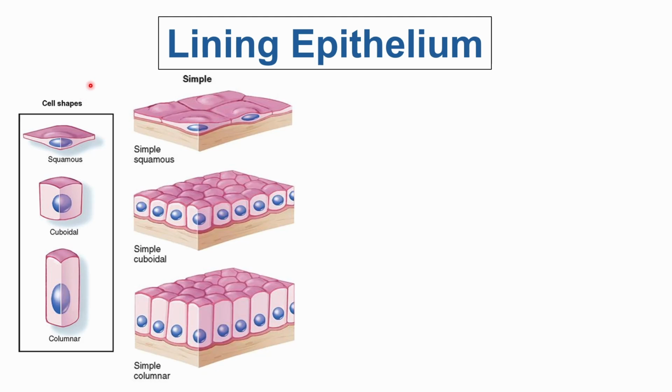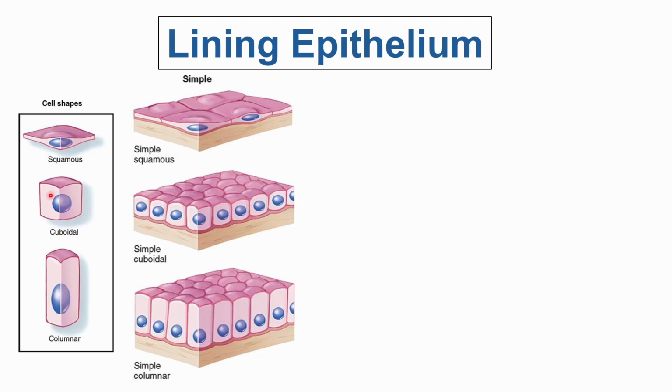First, let's talk about the cell shapes, no? We have the squamous, flat-like, pancake-like, and I'm sure maybe some of you have already observed squamous-like cells. If you ever tried scraping the insides of your cheek, spreading it on a microscope slide, putting a stain on it and viewing it under a microscope, you will see the top view of the cell, and it will usually look like a fried egg, diba? With the nucleus looking like a yolk. Okay, so that would be your squamous or flat cell shape.